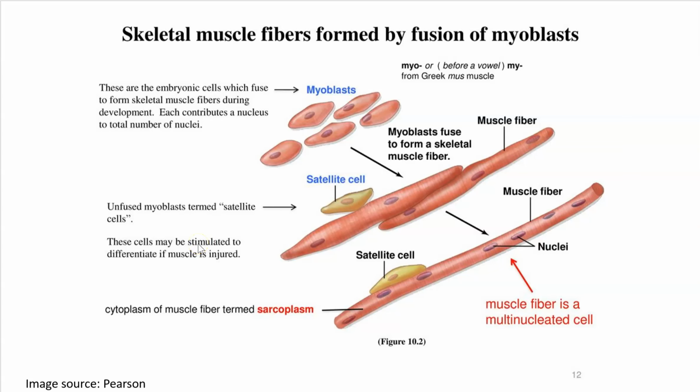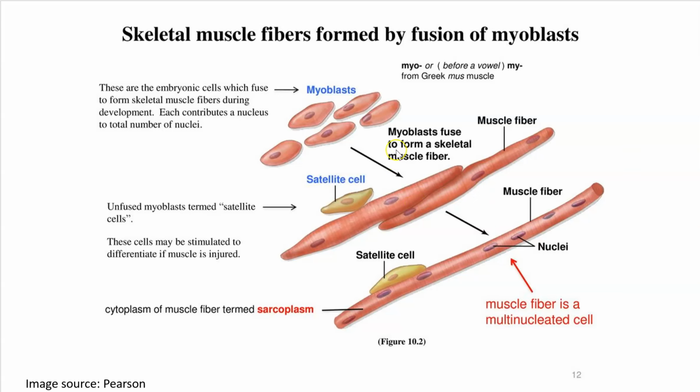So we'll go into a little bit more detail on skeletal muscle fibers and the physiology of muscles. If you remember from the histology lab and lecture, we looked at skeletal muscle fibers, and skeletal muscle fibers were long, fused, multinucleated noodle-like structures, long fibers. They originally come from myoblasts. Myoblasts were these single nucleated tiny cells that differentiated and fused to form long skeletal muscle fibers in the developing